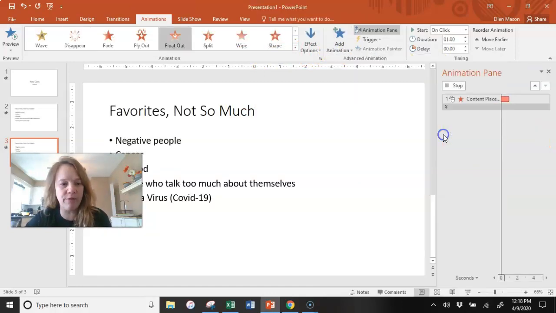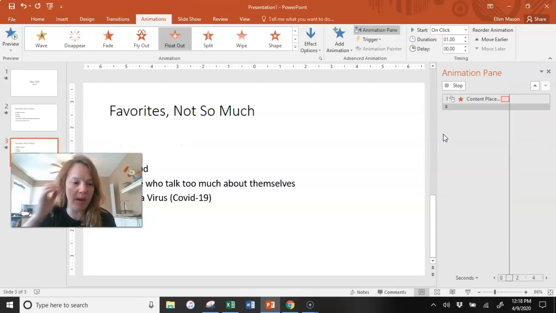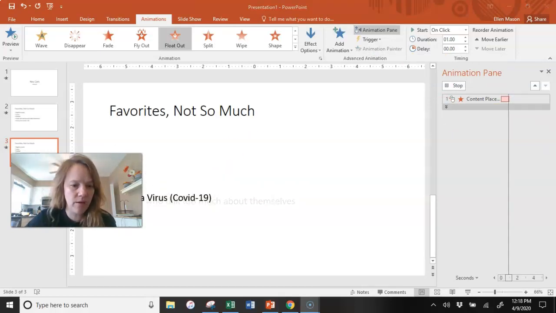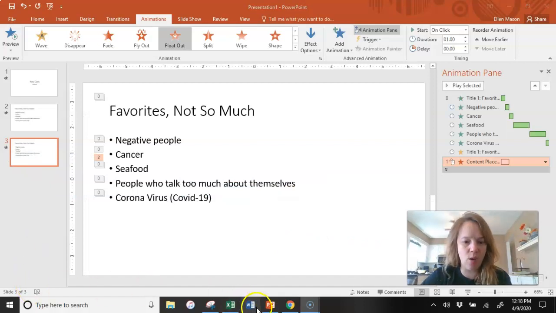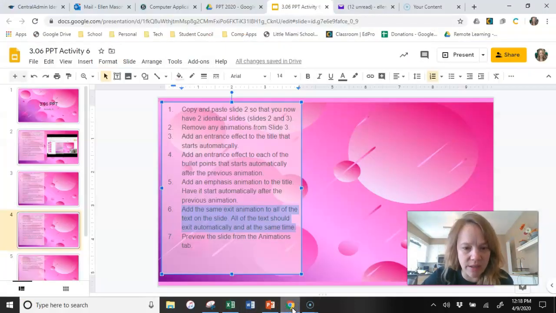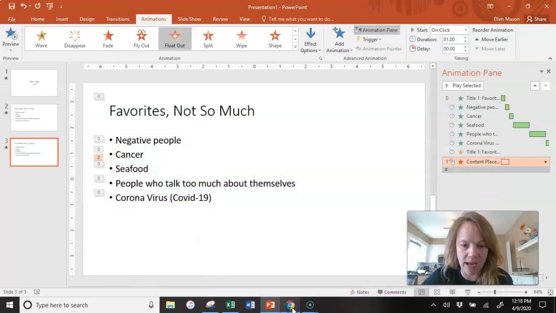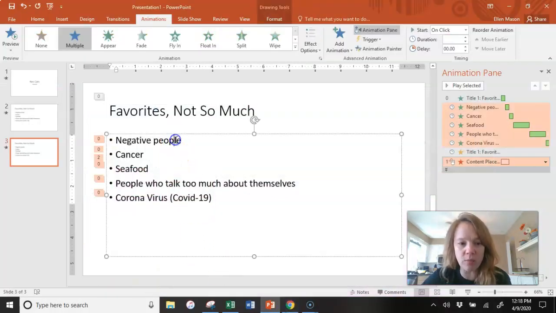All right, I'm going to have them all float out. And they're going to float out one by one. Okay, so go ahead and choose your exit animation. Now, what did I want you guys to do? All the text should exit automatically at the same time. Okay, so for the first one, which is the negative people one,